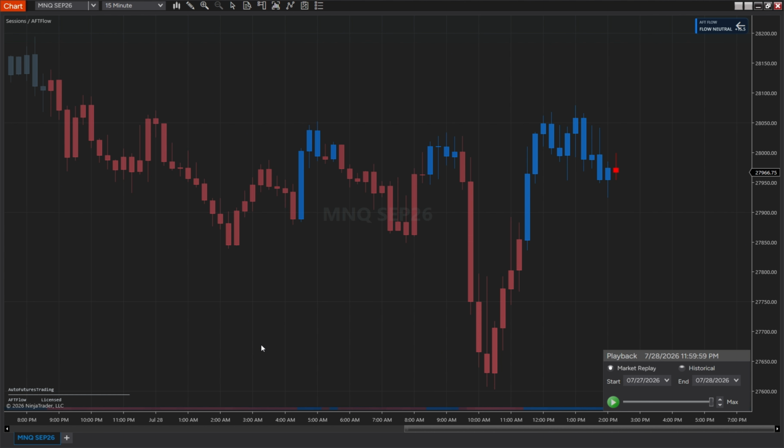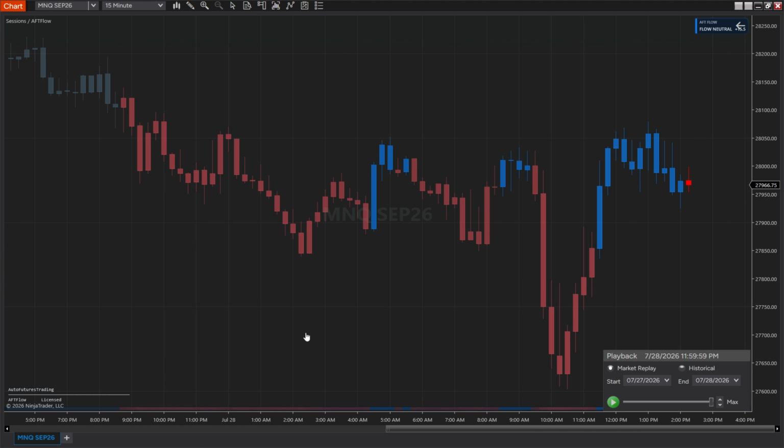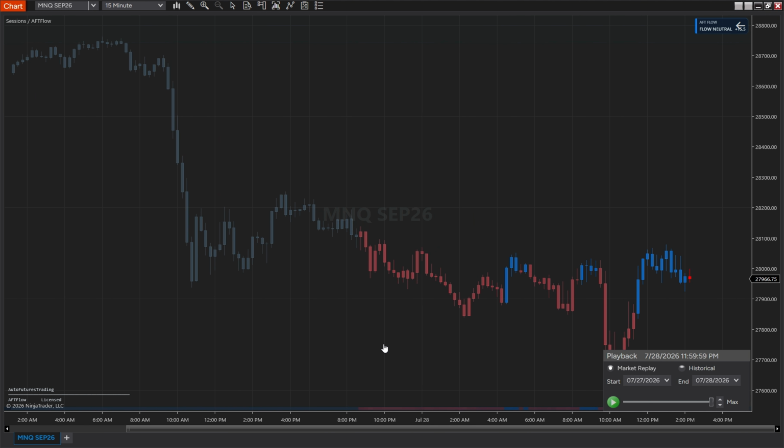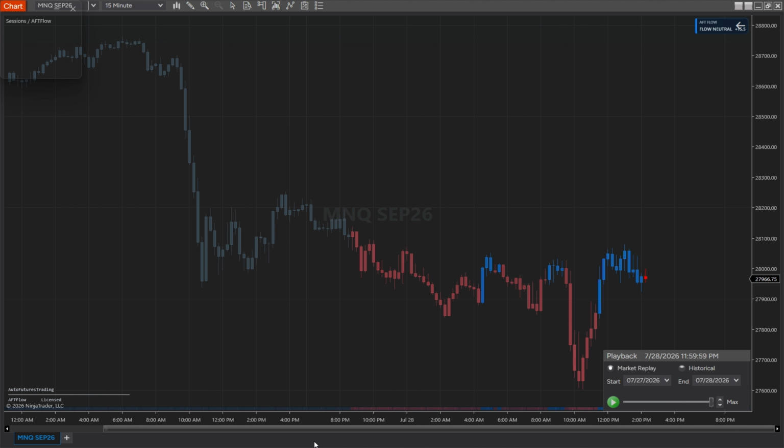The exact sequence remains part of the strategy's private logic, but the overall approach combines the session levels, directional expansion, and changing market structure to recognize the potential movement back through the range. When the required conditions align, Sessions can open a position and automatically place a protective stop using the London structure. You can see we don't have an example here. There was no trade today or yesterday,